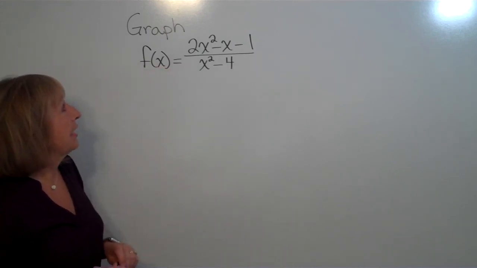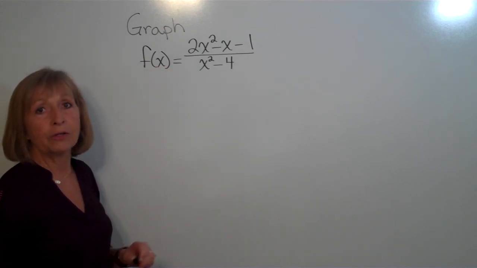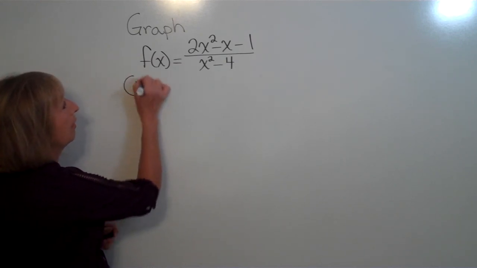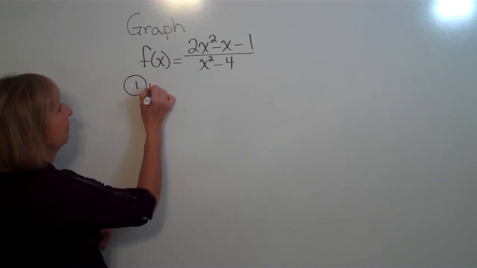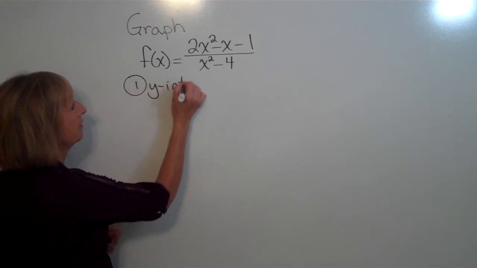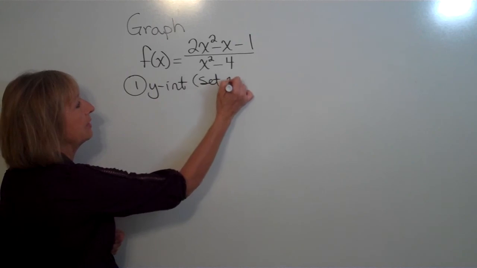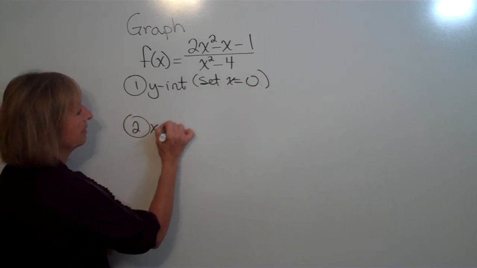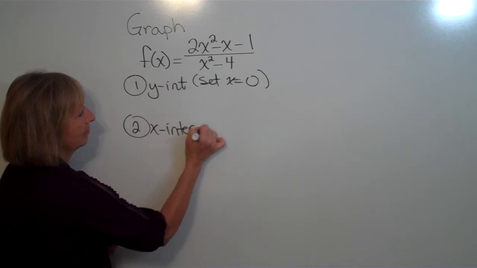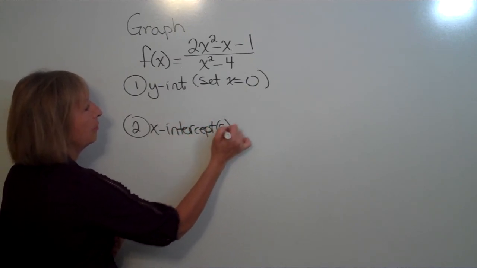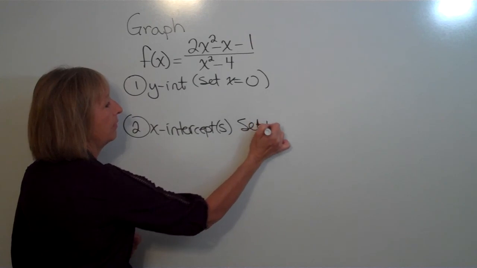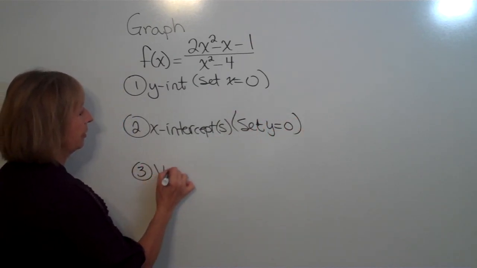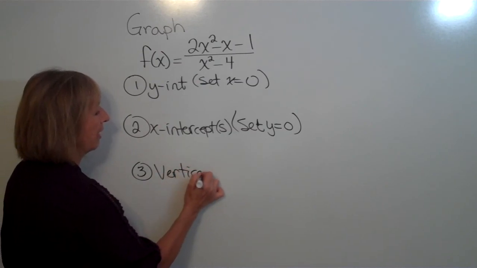So here my function is f of x equal 2x squared minus x minus 1 over x squared minus 4. With our outline of our rational functions, we first want to find the y-intercepts by setting the x equal to 0, the x-intercepts by setting the y equal to 0, the vertical asymptote or holes in the graph,